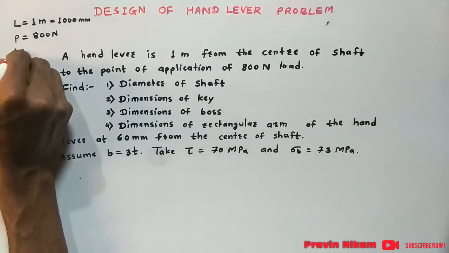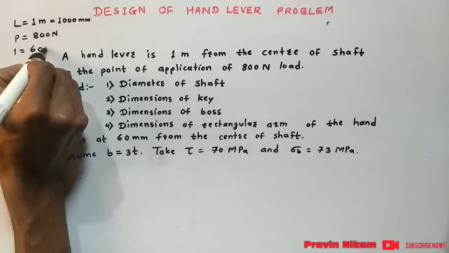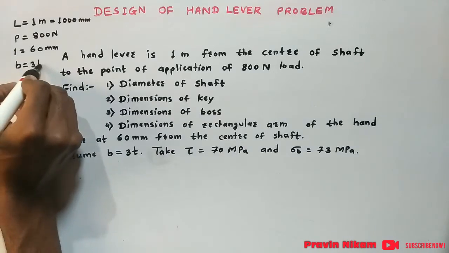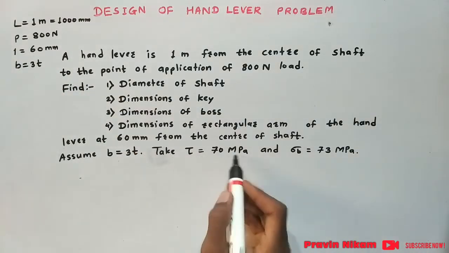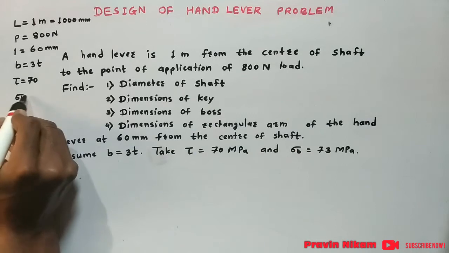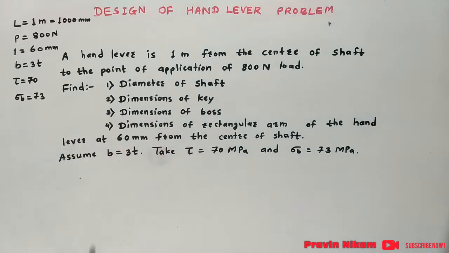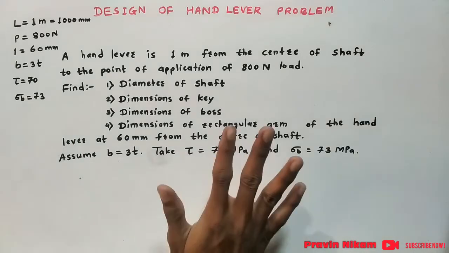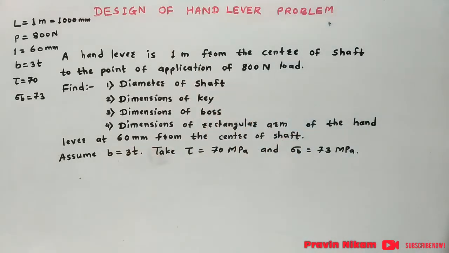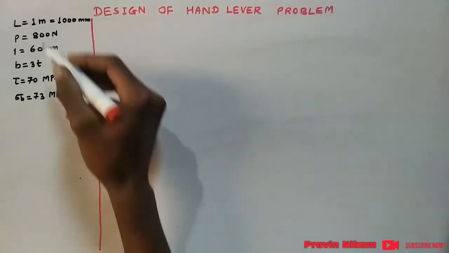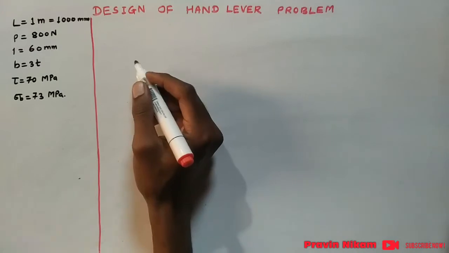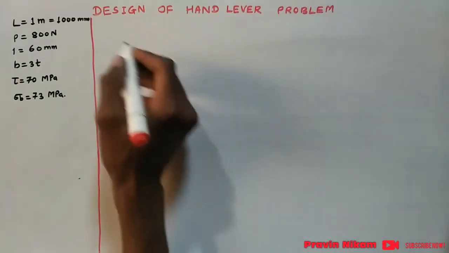So here overhang length l is given, that is 60 mm. Then what is given? Assume b is equal to 3t. b is equal to 3t and tau is given, so that is 70 megapascal. And sigma b is given, that is 73 megapascal. So in this problem this much is given and we have to design a hand lever. So first, design